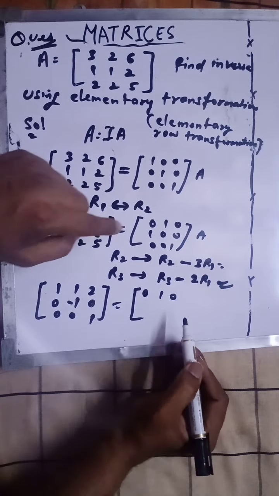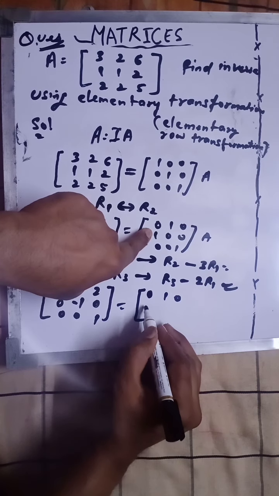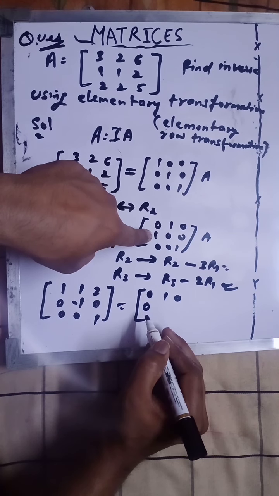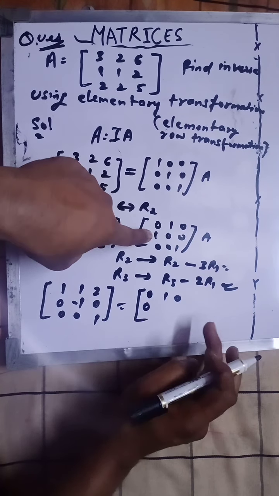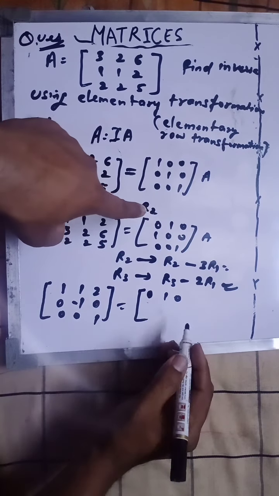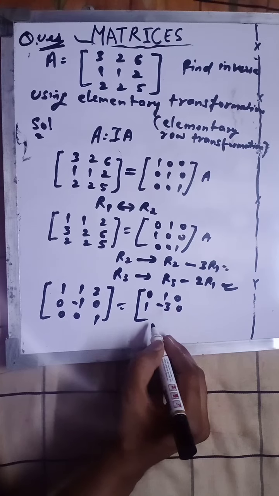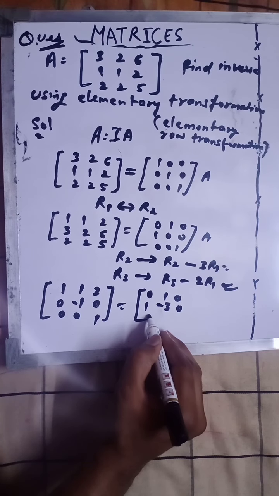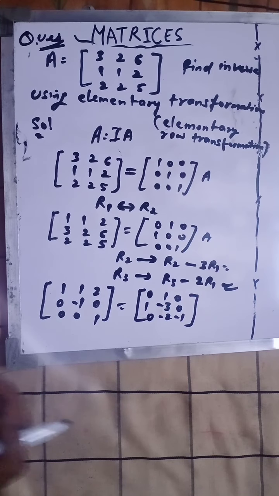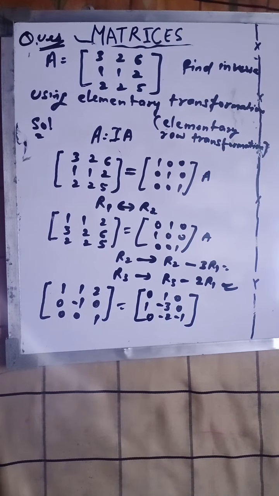After applying the same operation here, first row will remain the same. In second, you are multiplying this row by 3 and subtracting from 1. So you will get 0, because you multiply this 0 by 3, you get 0, and then subtracting from 1, you will get 0. Wait, this R2 means what? Here we have to write 1, minus 3 and 0. And in row R3 you will get 0, minus 2 and minus 1. So you will get this when you apply this operation. I know you can apply this operation.